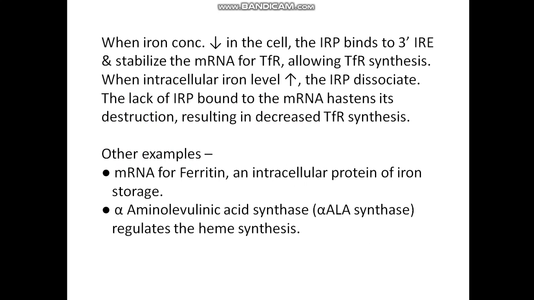When iron concentration is low in the cell, IRP binds to IRE and stabilizes the messenger RNA, allowing transferrin receptor synthesis. When iron concentration is high in the cell, IRP dissociates, and that leads to messenger